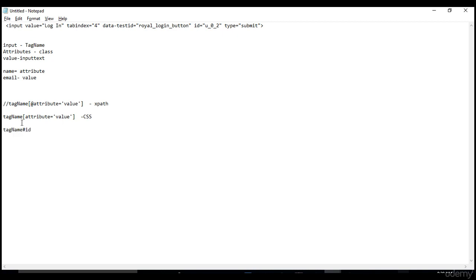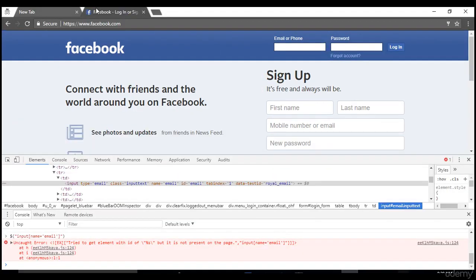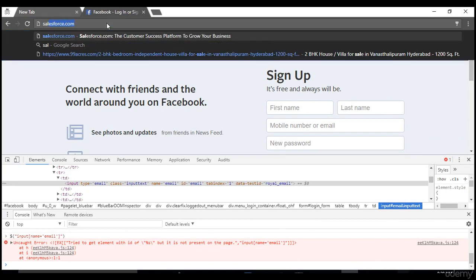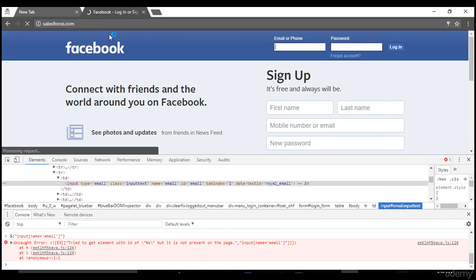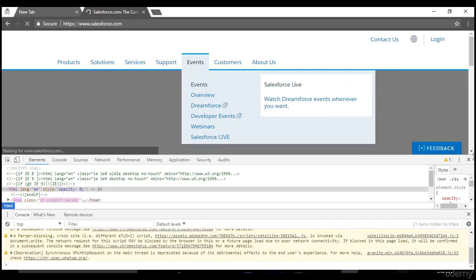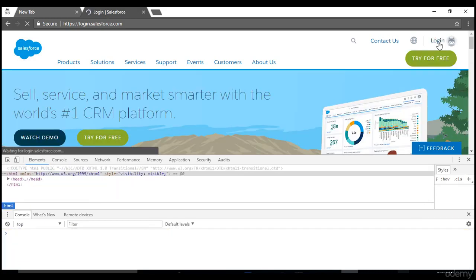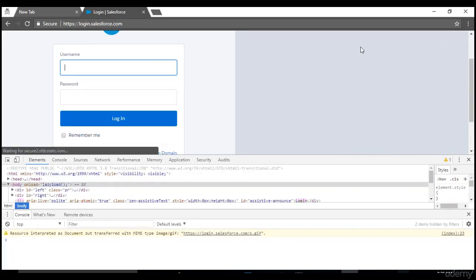This is one more syntax for CSS. Okay, so now for the login button, if you see like this, or for email, let me take another website and let's do it on Chrome this time. Let's go back to Salesforce to explain a few other things, because we will get bored if we still stick to Facebook and the same browser. You want to get habituated to multiple browsers and multiple fields.